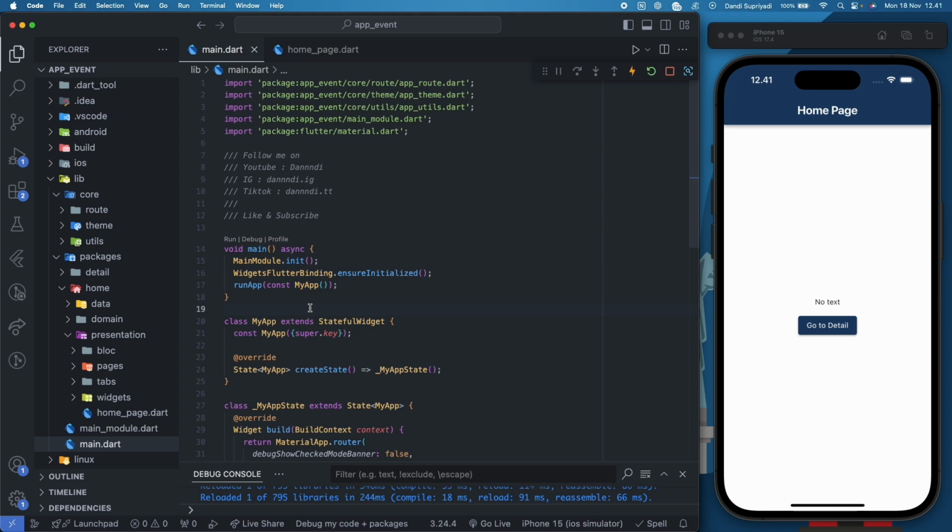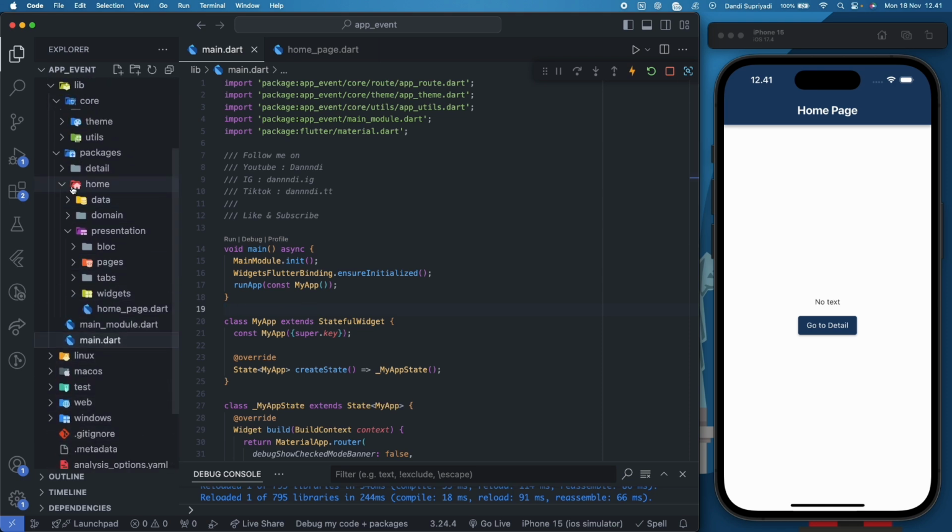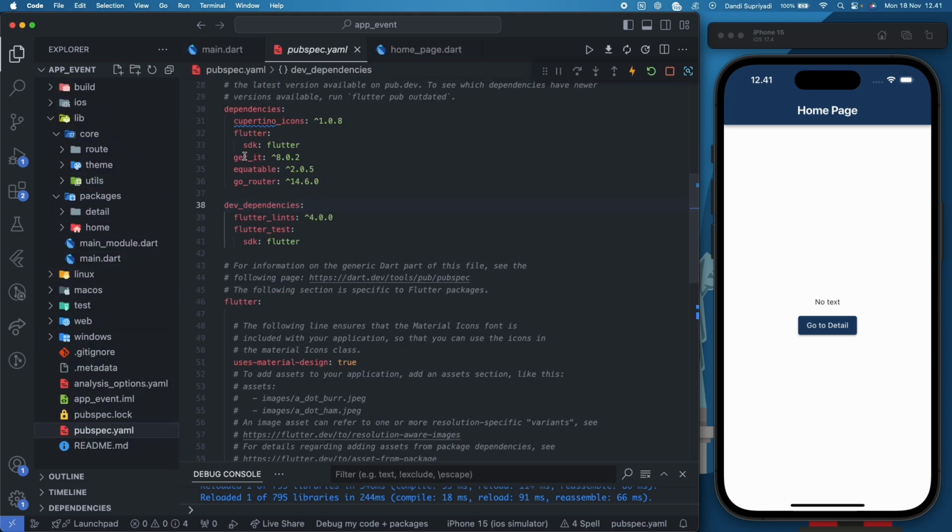And then you need three packages. The first one is GetIt for storing your event broadcaster, so it will only have one instance through the whole app. And the second one is Equatable. It is for equivalent classes, so when you want to compare classes, you will need this package. And the third one is GoRouter. You can use AutoRoute or basic navigation from Flutter. It is your choice, but I will use GoRouter.